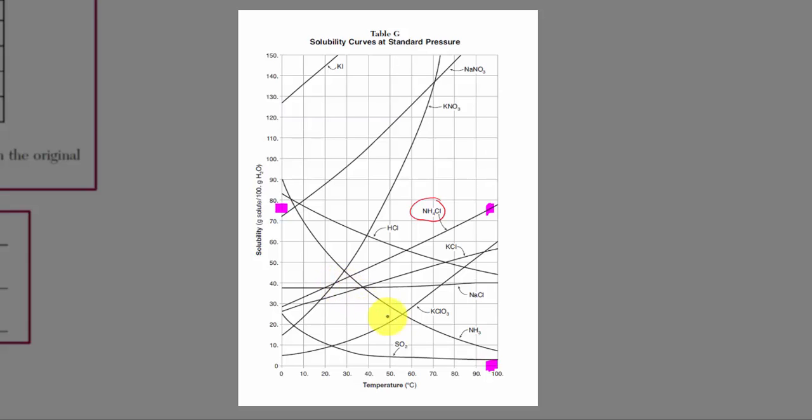If we raise the temperature all the way up to 98 degrees, the solubility of this substance increases dramatically. It would far exceed the amount that we're trying to put into the solution. So we would have a solution that would no longer be saturated. It would be able to hold a lot more